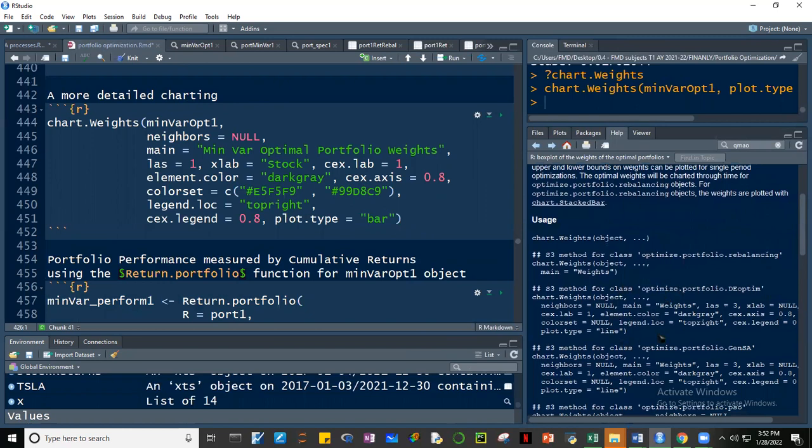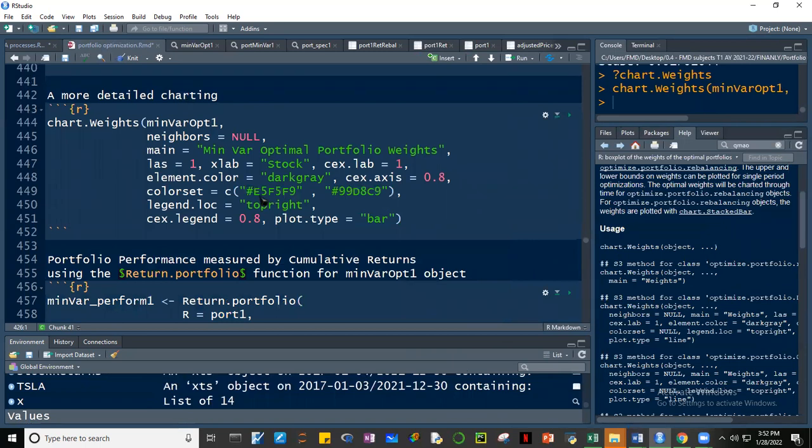maraming pwedeng ilagay dito sa color. So ito guys, you can just take a look at this usage dito. Ito yung style ng plot, yung main, yung title ng plot, X label kasi nasa X-axis yung stock. Tapos ito yung distance niya from the center, etc. Ito color guys, kinuha ko lang sa internet yung mga colors using